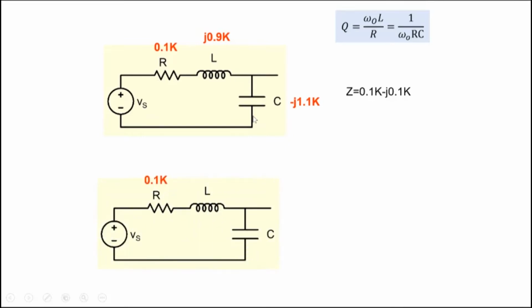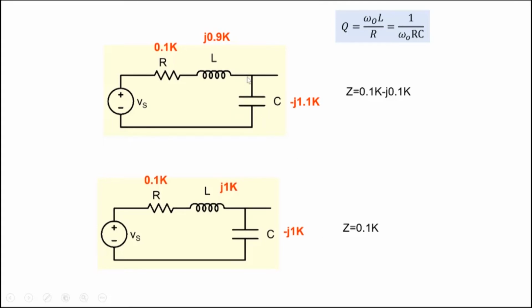On the other hand, let's say the reactances were higher. Oh, by the way, this is away from the resonance. And at resonance, what will happen is, as you increase the frequency, this will increase and this will decrease, and they cancel each other out, and the impedance will be 0.1 K. So if you compare the two, away from resonance the impedance is higher than 0.1 K, but not by a large amount. It would be 0.1 squared plus 0.1 squared, square root, which is root 2 times 0.1 K, and here it is only 0.1 K. So there's not such a large change in impedance,